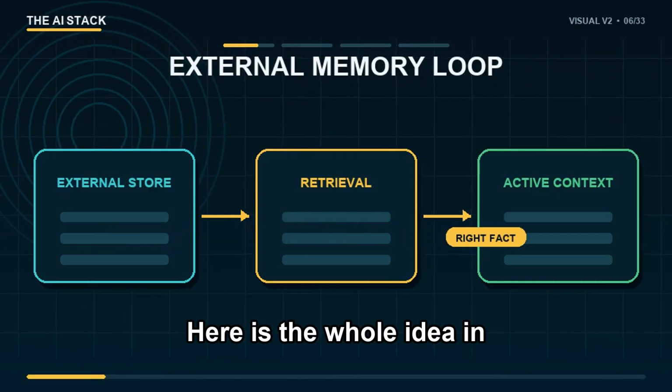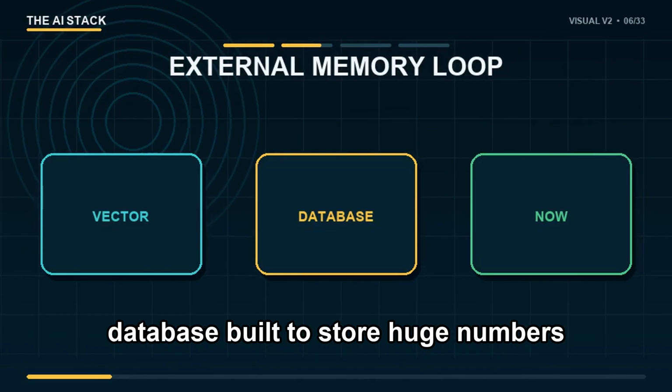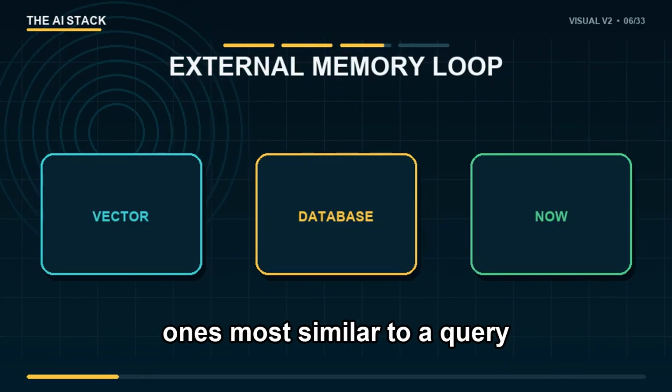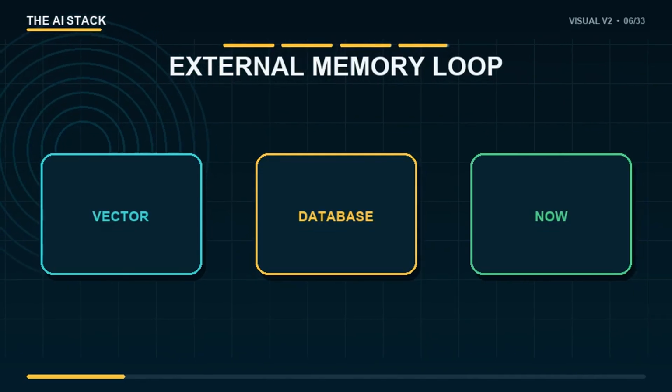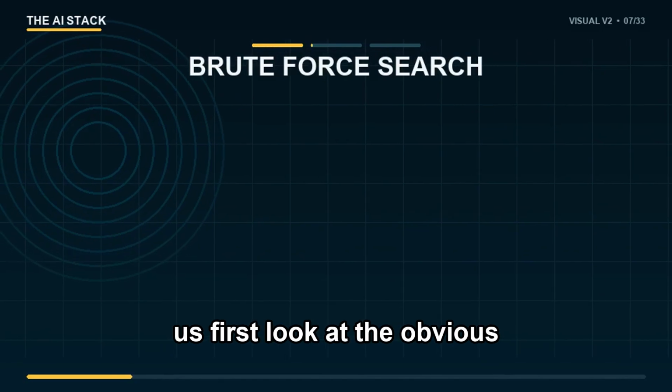Here is the whole idea in one sentence. A vector database is a specialized database built to store huge numbers of embedding vectors and find the ones most similar to a query vector almost instantly using approximate search instead of checking every single record. To see why that word approximate is doing so much work, let us first look at the obvious approach and